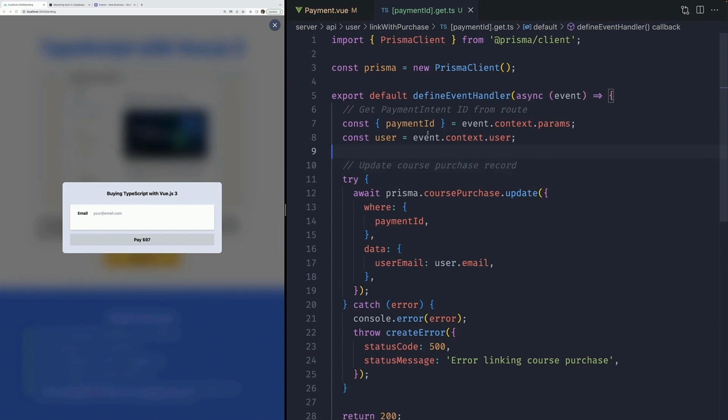We're going to grab the payment ID from the route. We're going to grab the user that's logged in. And then based on that payment ID, we're going to grab that course purchase object and update the email. So this is everything that we need to do in step 3 to link the GitHub account with the course